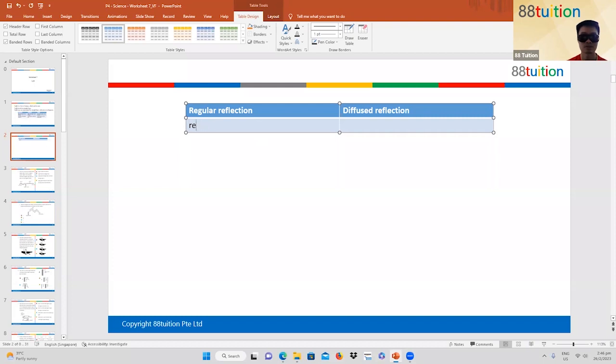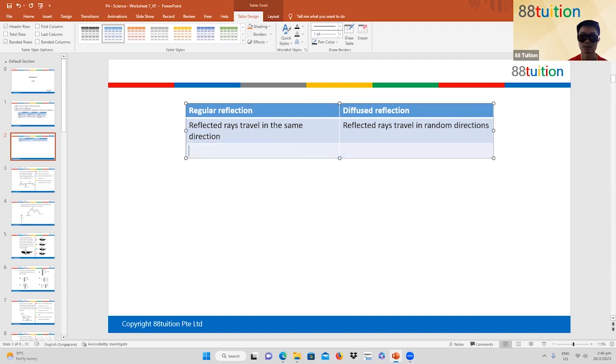Can you write this down? Whereas here, reflected rays, random directions. This one occurs on a smooth surface. This one occurs on a rough